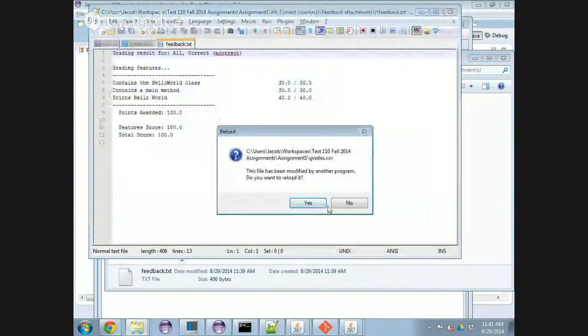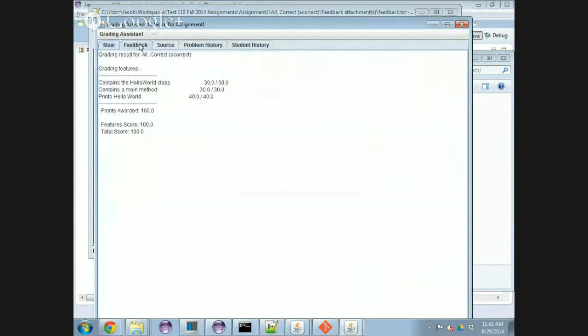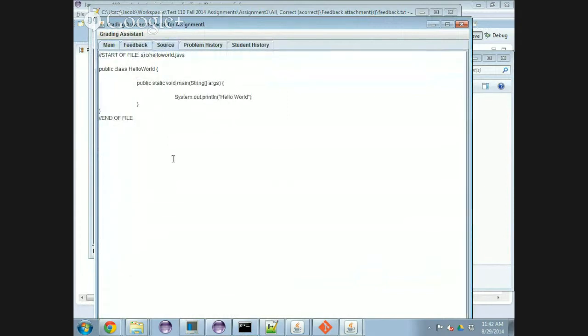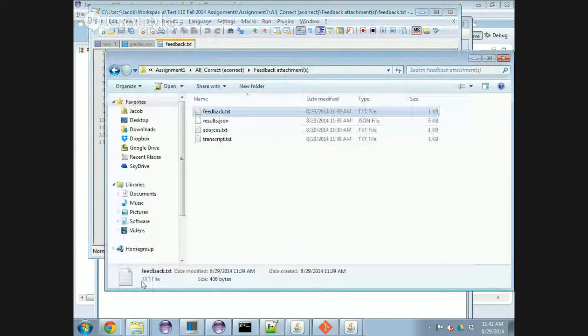And inside here, it contains the description of everything that was graded. And there's no notes or anything that we've added, so this one is just, you're good, you got 100. And rather than having to open that, it's visible from right here. The source tab compiles all of their source files into one text document that you can look at and grade. And the source.txt in this folder is this file right here,